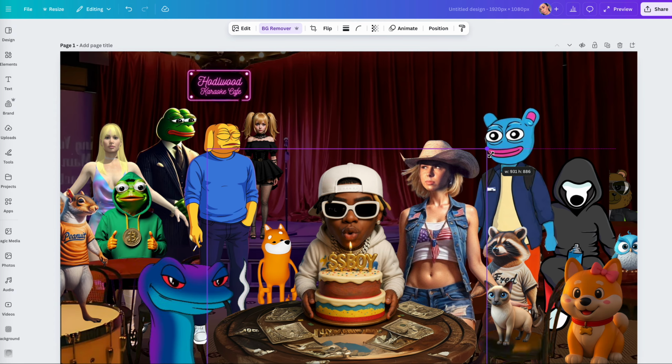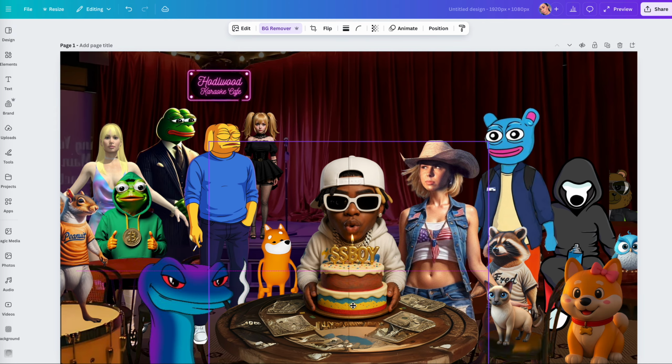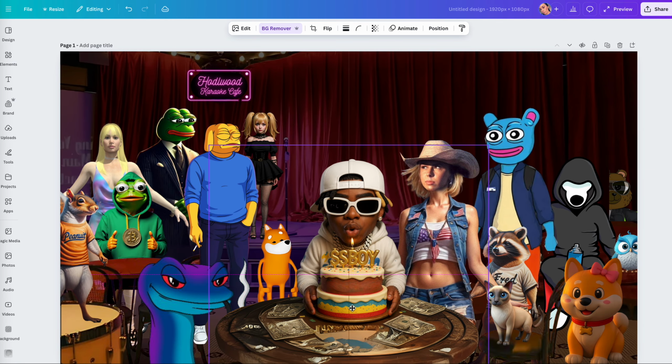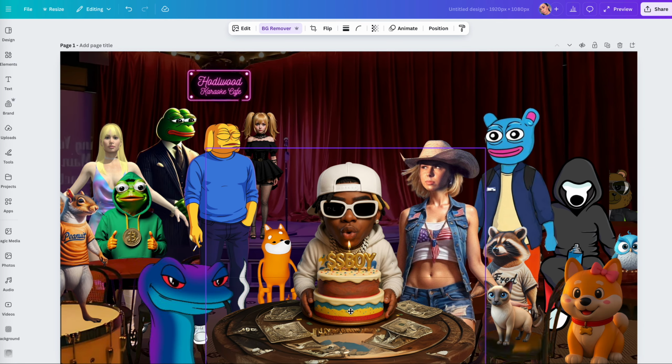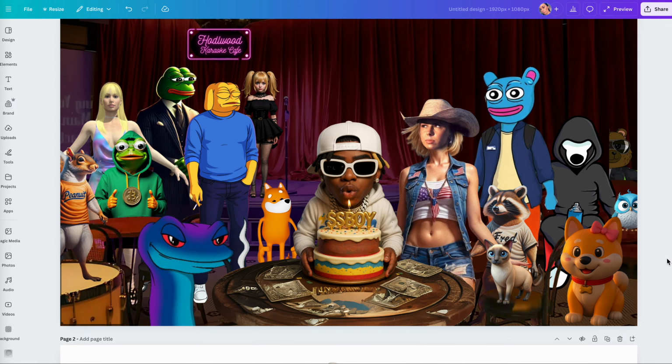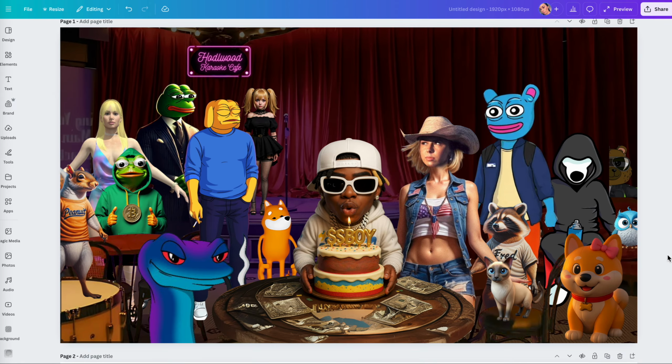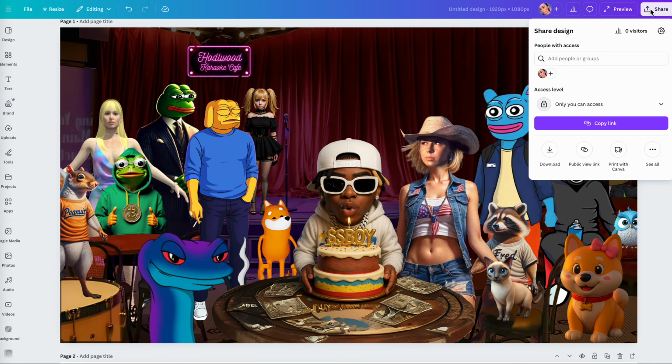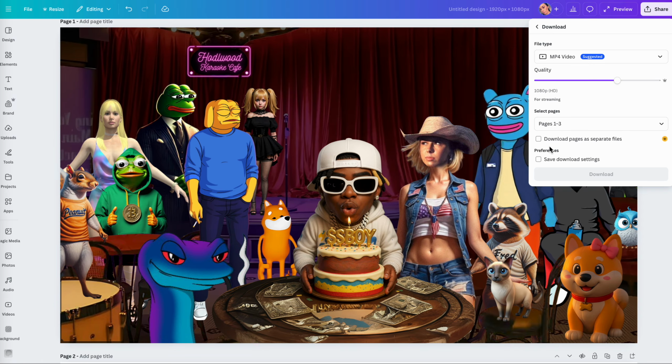We're going to extend this out slightly so we can cover up some things that we don't want to see, which is hawk to his leg. Okay, I think we got it. All right, so the scene is set for his birthday. We're all set, right? We got everybody there. Look at that. Beautiful. So now we're going to go ahead and download this.